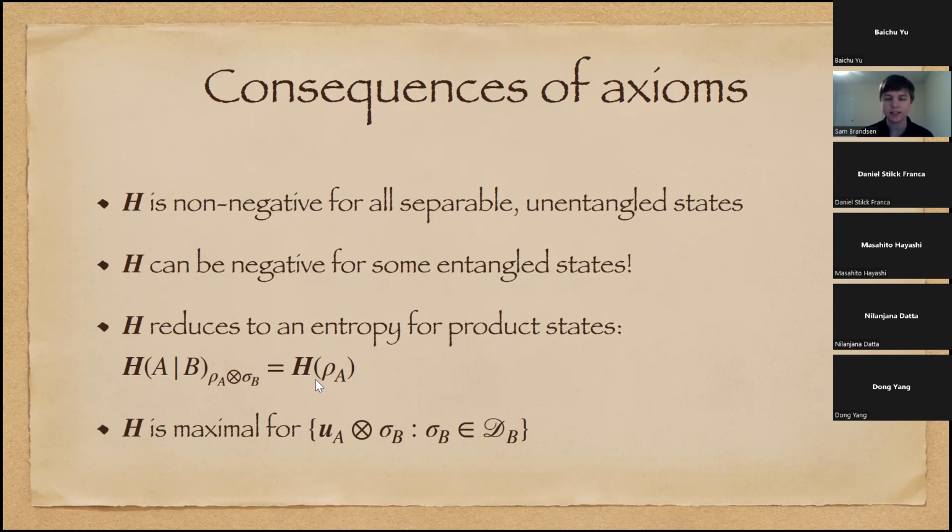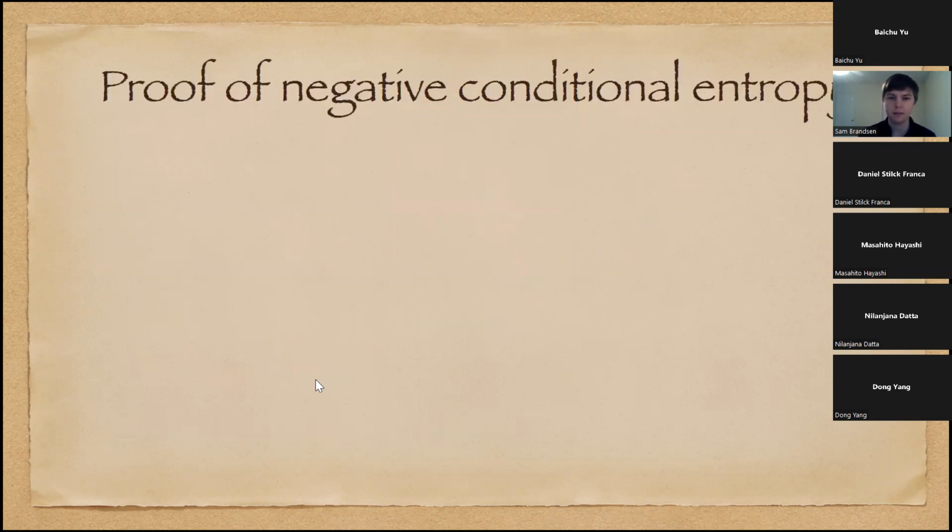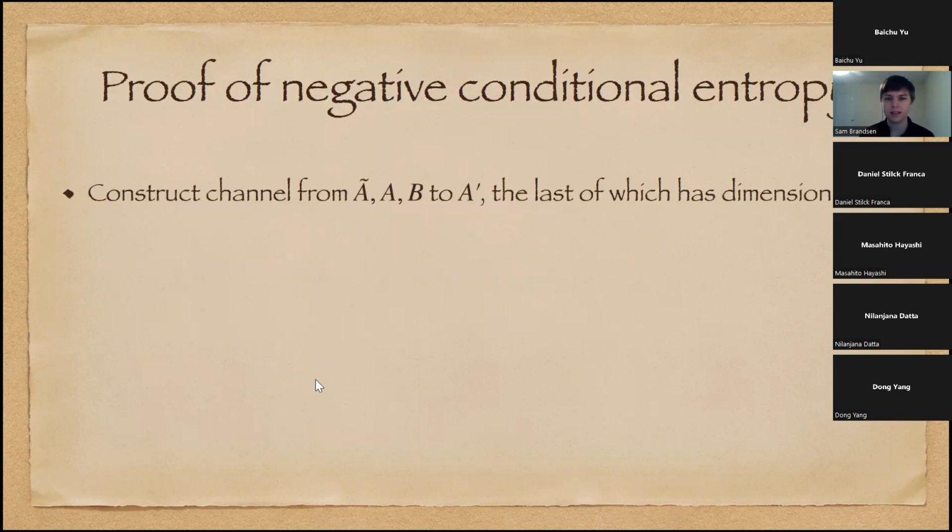Specifically, the set is the set of quantum states of the form U_A tensor sigma, where sigma is an arbitrary quantum state in system B. So in order to prove that we always obtain negative conditional entropy for any quantum conditional entropy function that just satisfies these two intuitive axioms, I'll first define a channel that we're going to use in the simple proof on the next slide. So we can consider a quantum channel that goes from A tilde, A and B to A prime, where